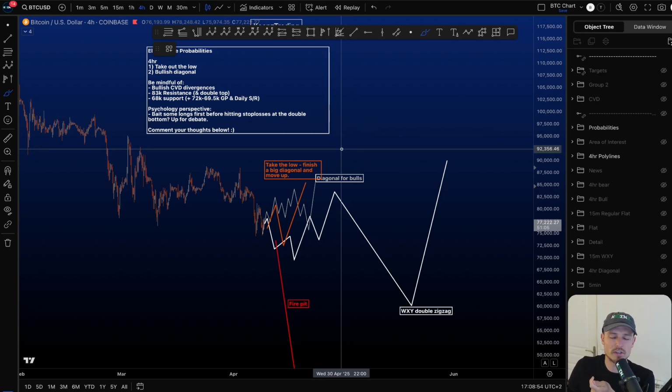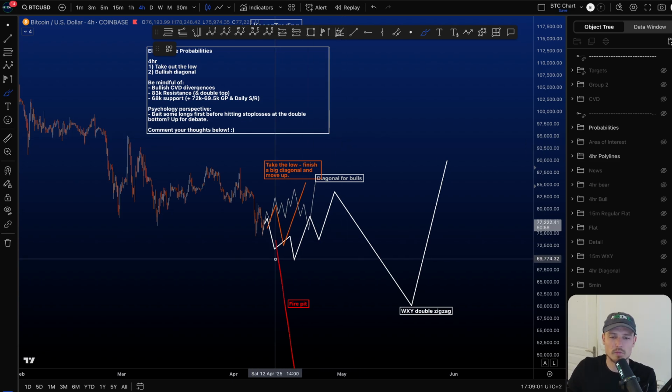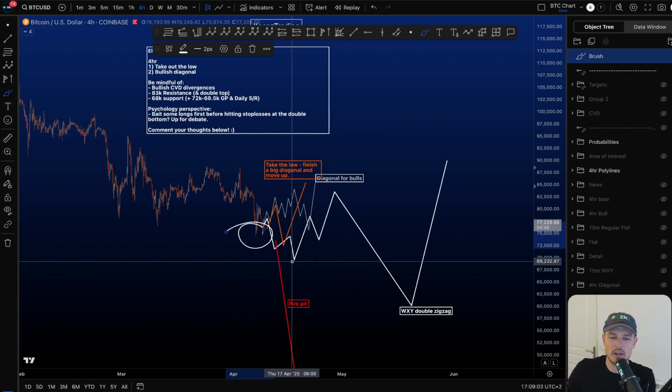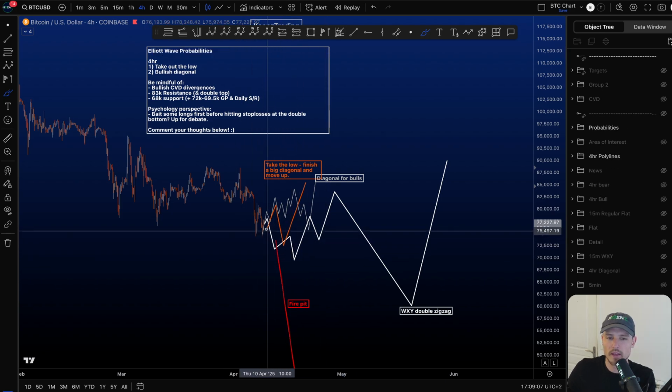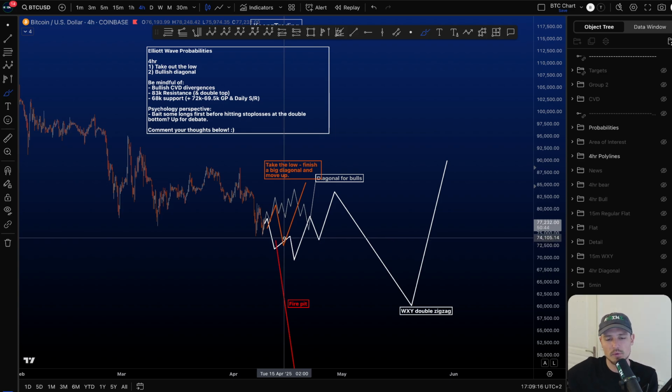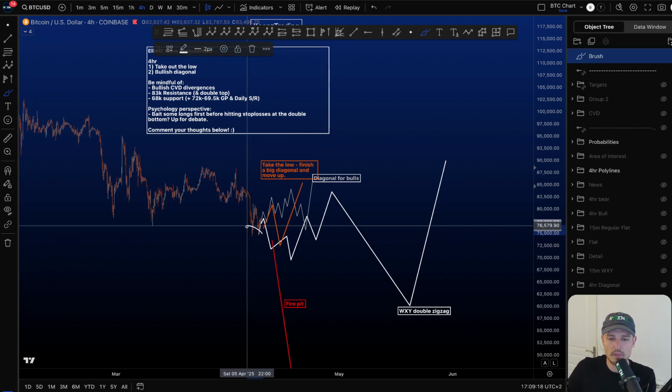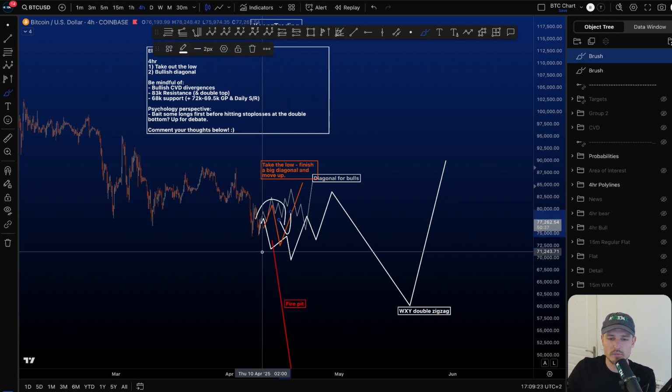So generally it's more interesting to think, are we going to take out the low as a higher probability or take out the high as a higher probability, right? In other words, at the moment, is the low in as a high probability, or are the probabilities higher to still take out this low? Probabilities at the moment on the 4-hour are higher to still take out this low as per the analysis. Therefore, from an Elliott wave point of view, locally, it is more interesting, right, to look for price moving down,